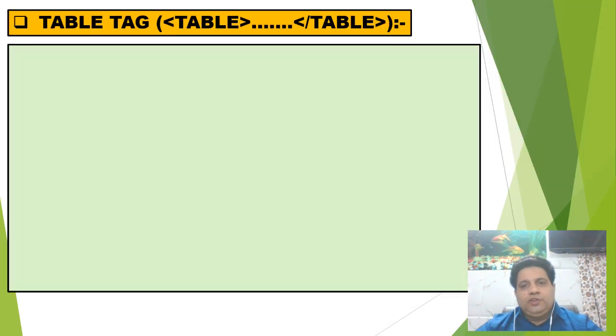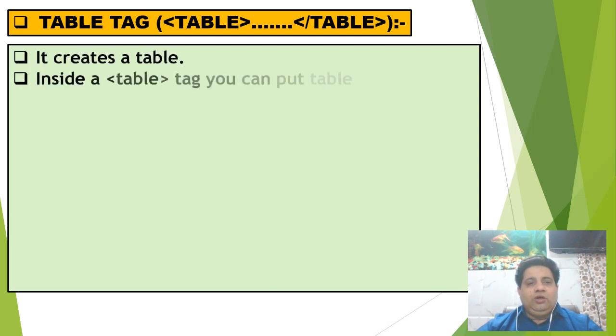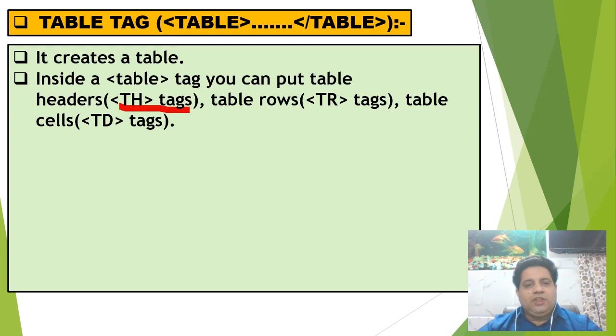Now, one of the most important aspects of an HTML page is to draw a table, just like you insert a table in MS Word. Inserting a table in MS Word is very easy. You go to the insert menu, select the insert option, and from there you insert a table of specified rows and columns. Here you can insert a table using the table tag. Along with the table tag, you can use the th tag for table heading, the tr tag for table rows, and td tags for table cells. So you can use 3 tags along with the table tag: th, tr, and td.